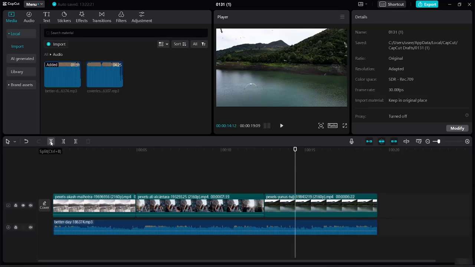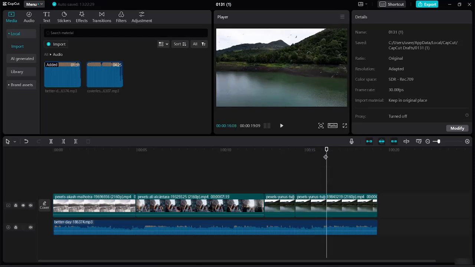So the first way is if you just click on the split option right over here. Okay, if you click on split here, you can see that I have split my video right over here. If I want to split it in another way, I can come here